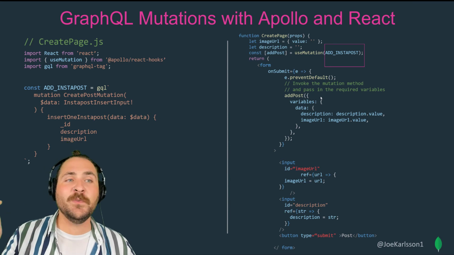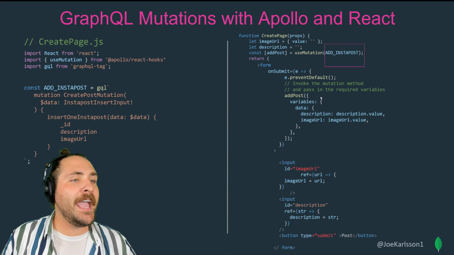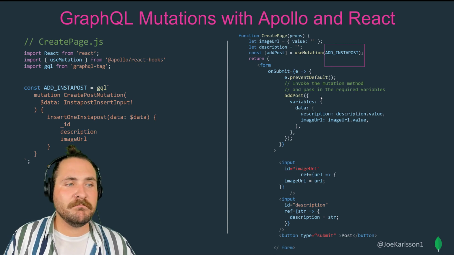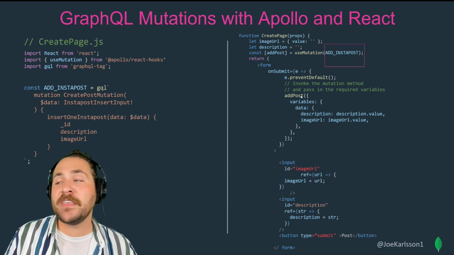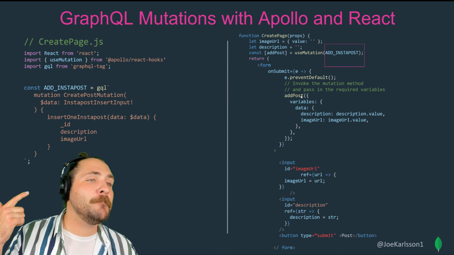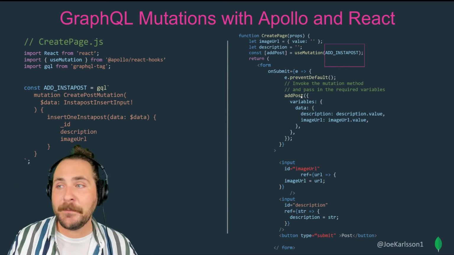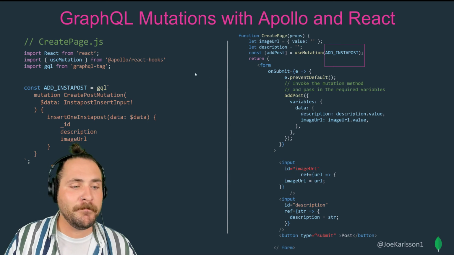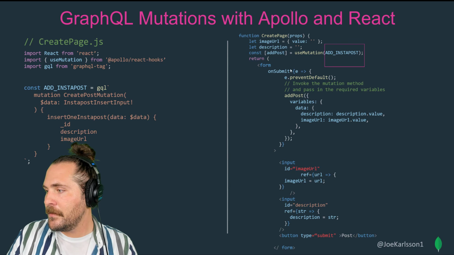So once we do that, it fires off that add InstaPost. That's all it does. Super easy. So we're doing that use mutation, and we're pulling out an add post in here, right? And then once we invoke that function on submit, React will use that React hook to fire that data off to your GraphQL endpoint and automatically insert that data into the database for you. That's it, baby. That's it.